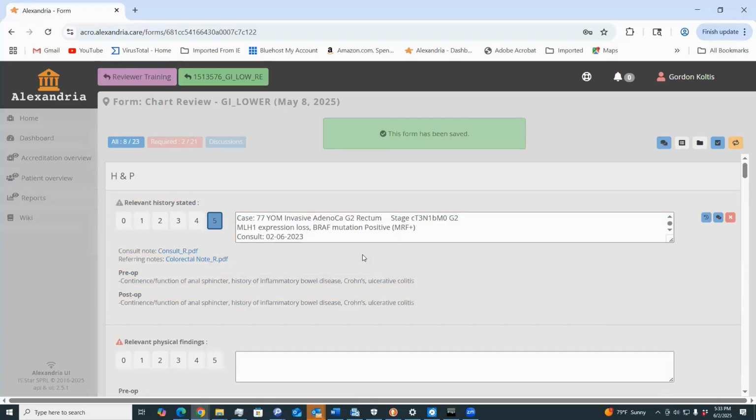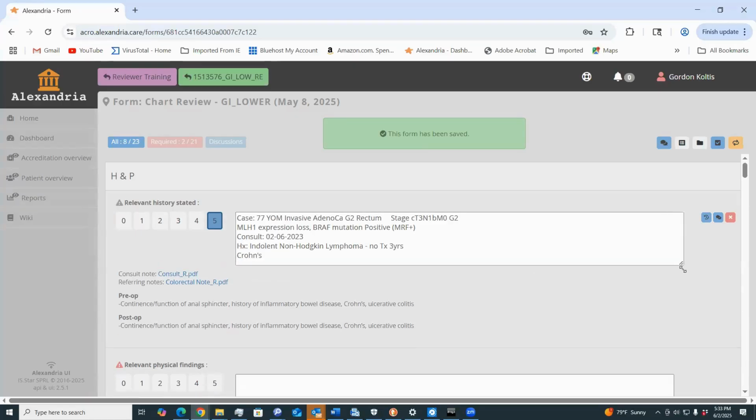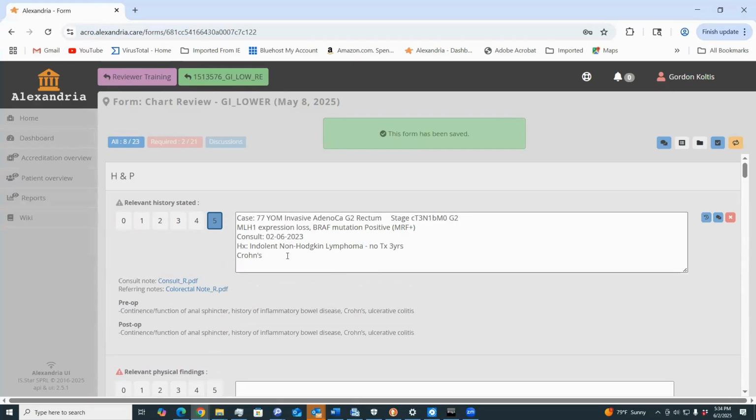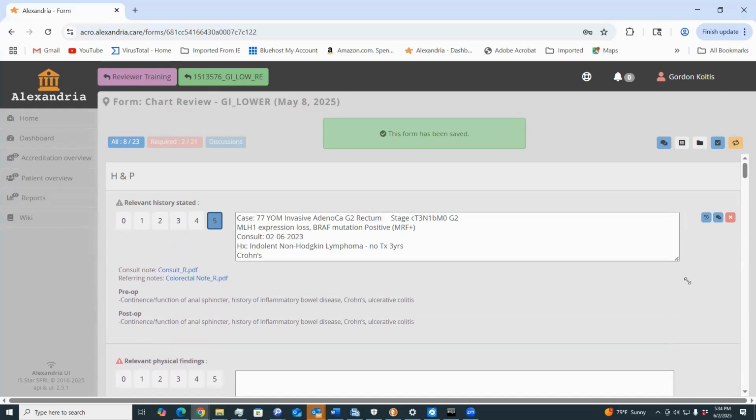You notice the screen flashes because every few seconds, if you make a change, you will see that the screen will flash. It will save your data, so in case your app crashes, you would lose your data otherwise. But this is new in Alexandria, so it keeps up with it so that you don't lose your data and your comments. So since this is already scored, and again, you can expand this box and take a look at